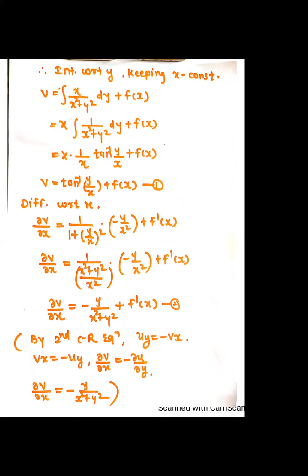And then y upon x we are treating as x. Again its derivative, the derivative of y upon x: x is in the denominator, meaning the function is in the form of 1 upon x. 1 upon x, its derivative is minus 1 upon x square. So therefore it is into minus y upon x square, the derivative of that y upon x. And plus f of x, its derivative is f dash of x. Is the step clear? Did you understand the derivative? Any difficulty? Yes.